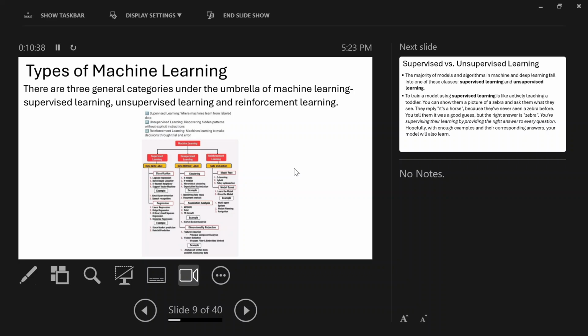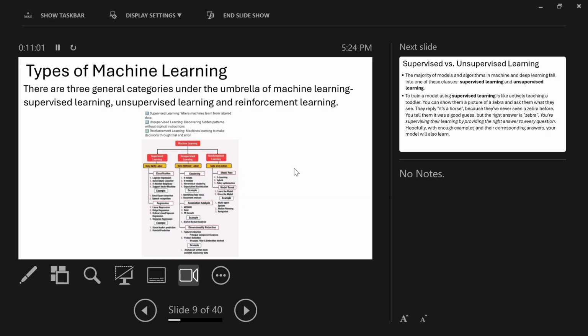That's deep learning. So under machine learning, we have three categories. We have supervised learning, unsupervised learning, and reinforcement learning. Those are the three subcategories under machine learning. And what is supervised learning?